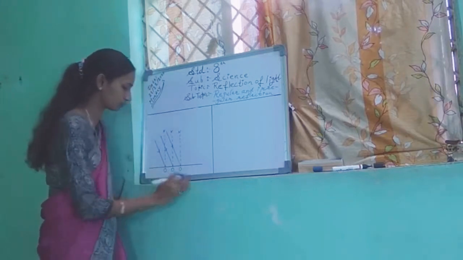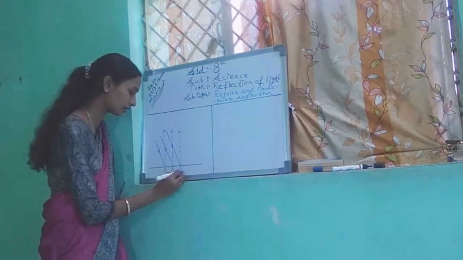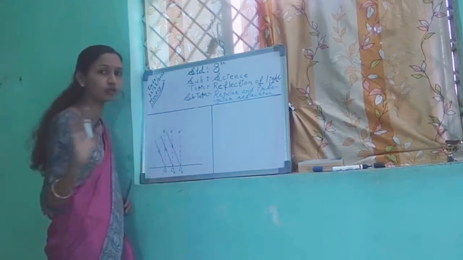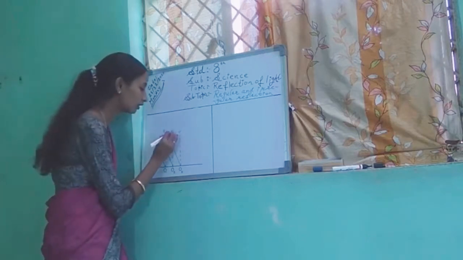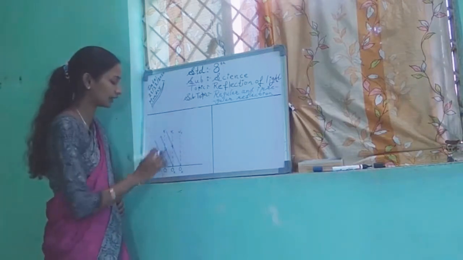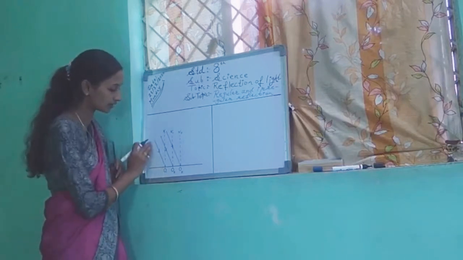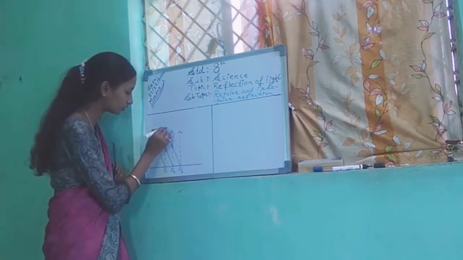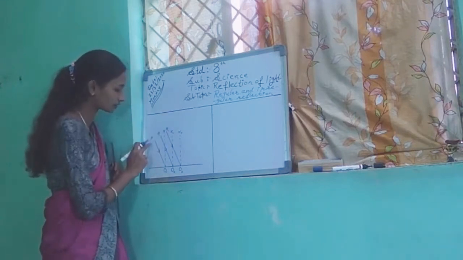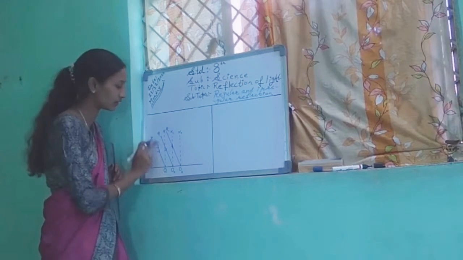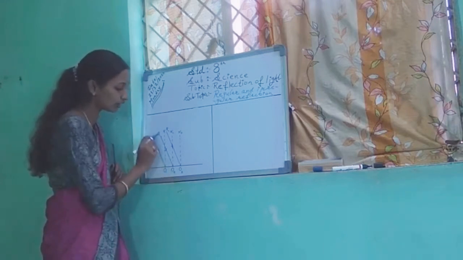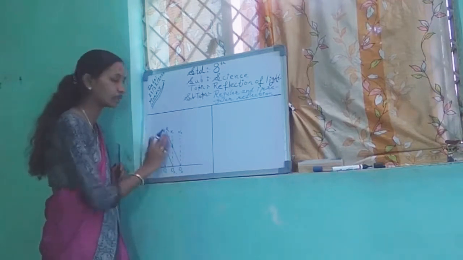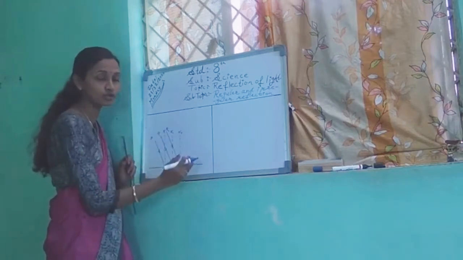We can give proper labeling O1, O2, O3. It is just for your consideration. These normals are N1, N2 and N3. These are incident rays. Suppose we write here P, Q, R. Means PO1 is an incident ray, QO2 is another incident ray, and RO3 is another incident ray. These three rays are parallel to each other.